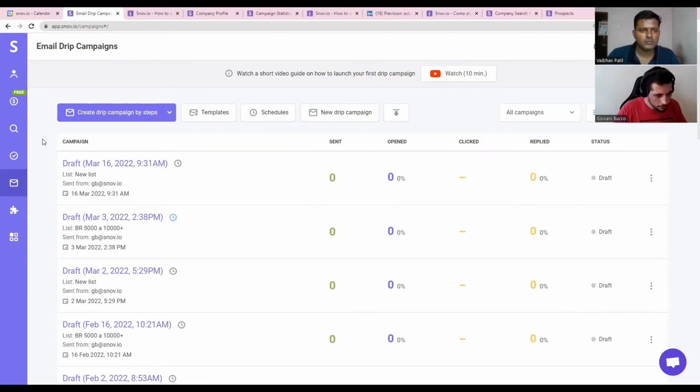For my audience who do not know what warming up is: suppose you are sending a lot of emails to people, and if they do not reply or do not open your emails, then Google will mark it as spam and they will land in spam folders. But if you use the warm-up service, inside your account there will be automatic replies from real people, sent automatically, and they will be opened and replied to. So Google will see that it's a real account, people are opening the emails, and your emails will not go into the spam folder. They will go to the inbox.